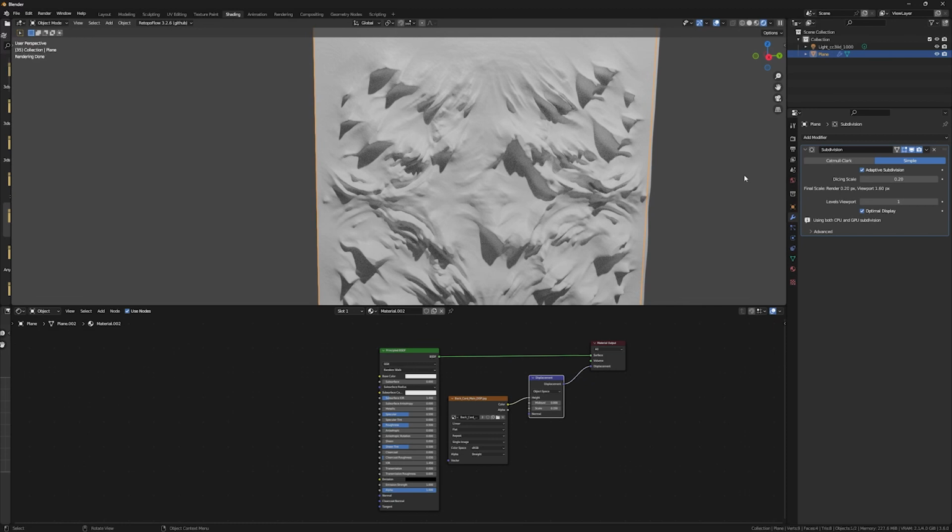So learn the normal maps and learn the displacement. You can have great things with the displacement map, but nowadays in any industry, you need to learn the normal maps. If you want to check the displace modifier that I said before, I put a card on the top right of this video that takes you to another video where I explained how to use the displace modifier instead of a displacement map and all this rendering.